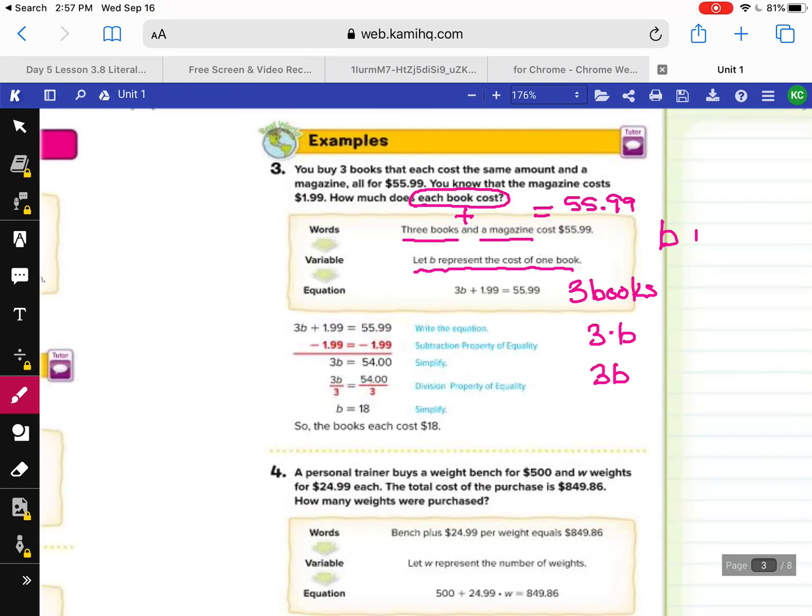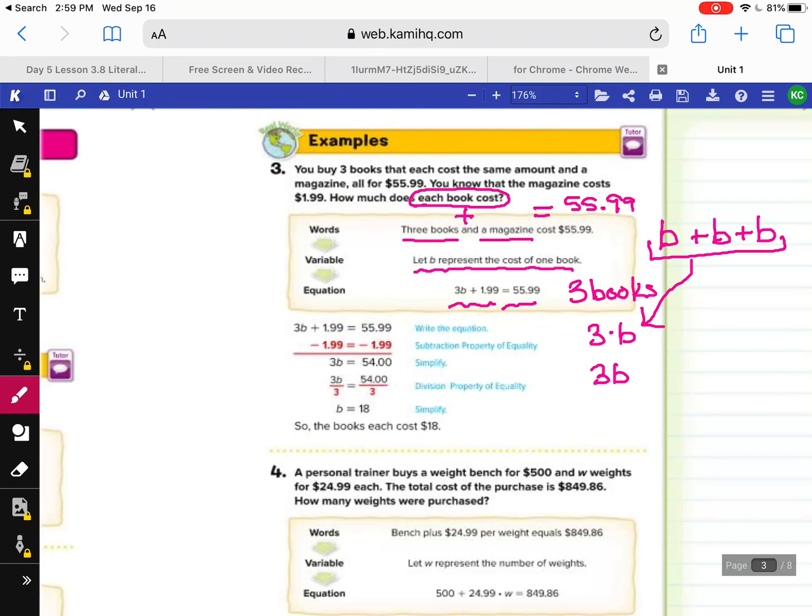Remember, I have a book plus a book plus a book. I can take these 3 variables and simplify them to 3 times B because addition and multiplication are so closely related. So I'm going to look at 3B plus $1.99 because that's my magazine